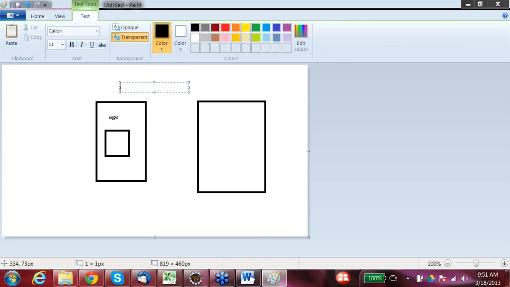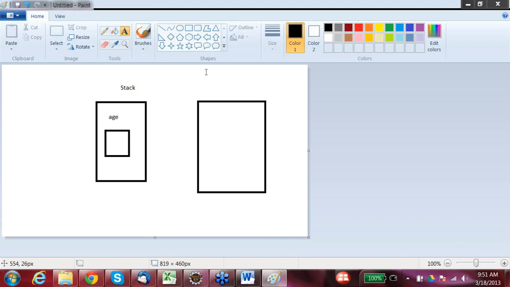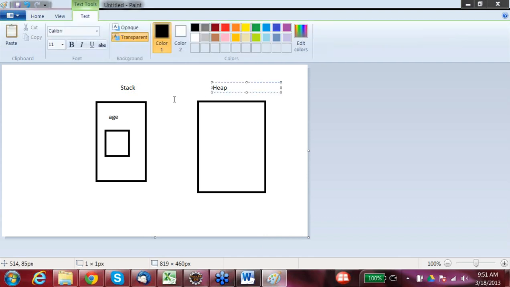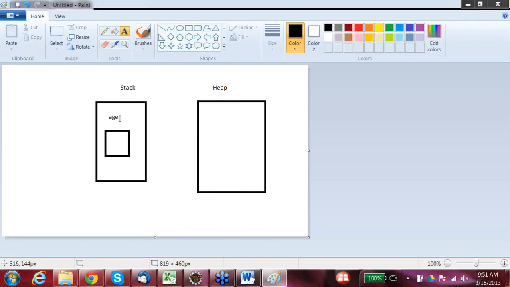So this is your stack and this is your heap. This particular age is basically referencing 10 elements in the heap. It actually addresses the first element of the array. So you have 10 elements stored in the heap. The actual value is stored in the heap, but the reference variable is stored on the stack.